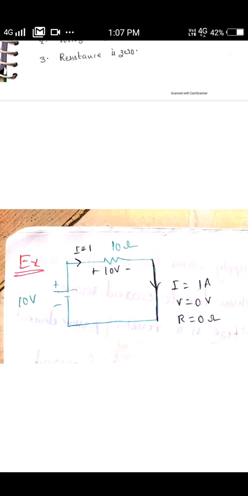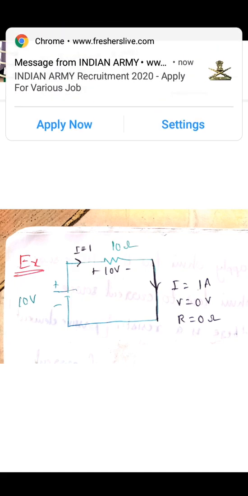If we connect that, how much current will flow? Now current will flow as I is equal to V by R according to Ohm's law. V is 10 divided by the resistance we connected, 10 ohms. So 1 amp of current will flow. If 1 amp of current is flowing, the voltage across the resistor is 10 volts. We know how to specify the polarities. If current is entering any terminal of a passive element or resistor, we consider that terminal positive. Leaving is negative. Now how much current is flowing through the short circuit path? 1 amp means